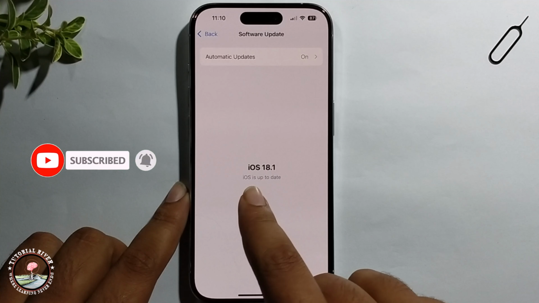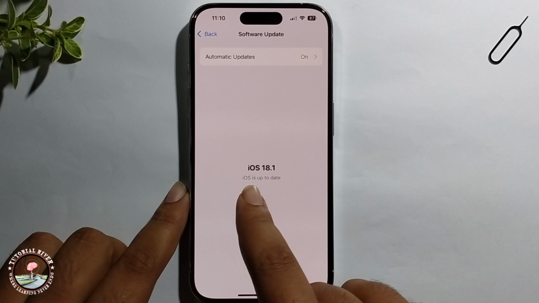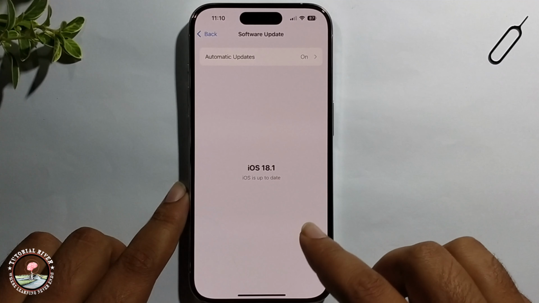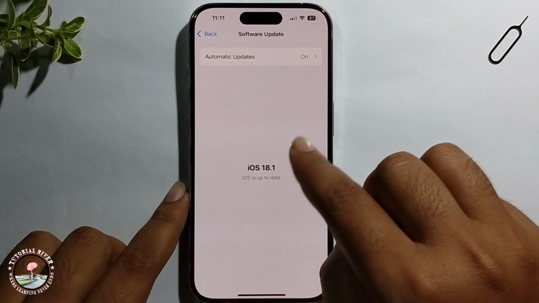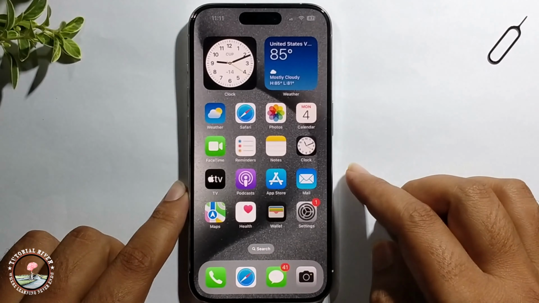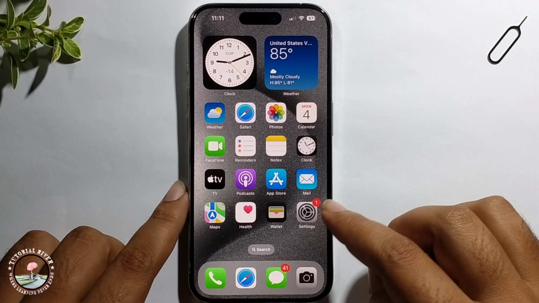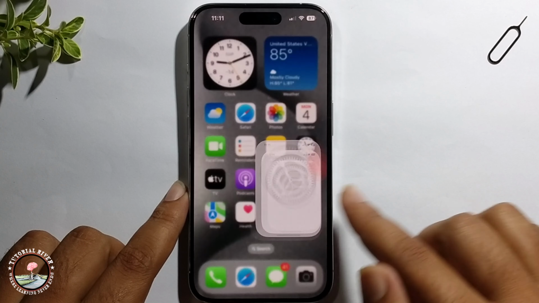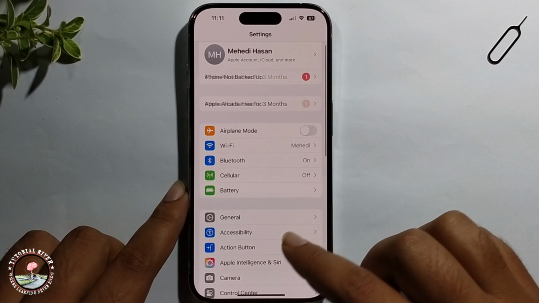Look here, this is my software, iOS 18.1. I recently updated this. Now I'll show you how you can fix this easily. Open iPhone Settings, click on General,